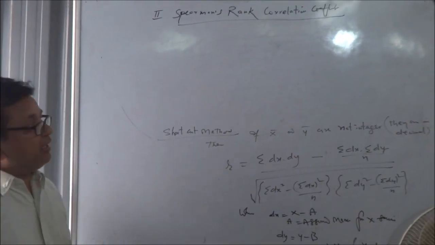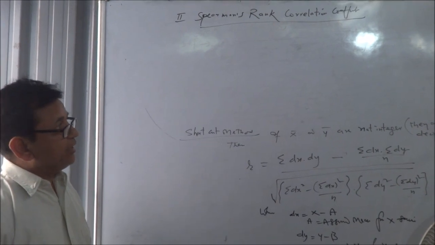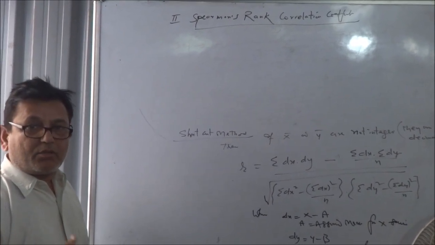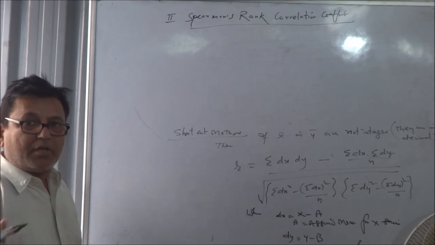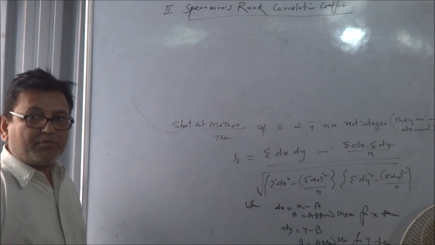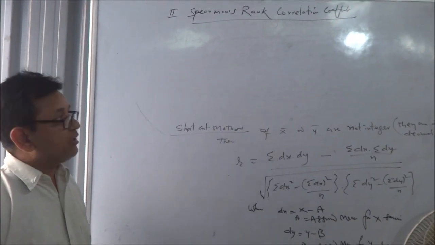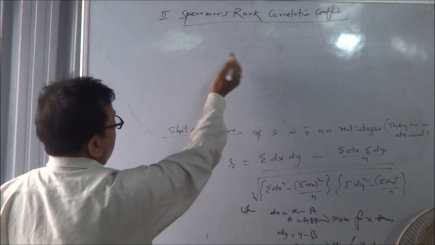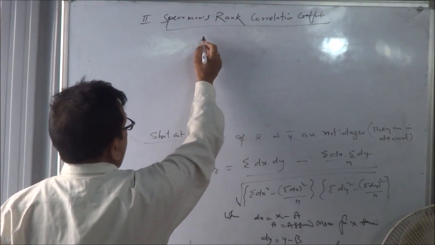When the data cannot be measured quantitatively but qualitatively, such as in a beauty contest, or honesty, or IQ, where the best is given the first rank, then another one is given the second rank, and so on. In such cases, the coefficient of correlation can be calculated by